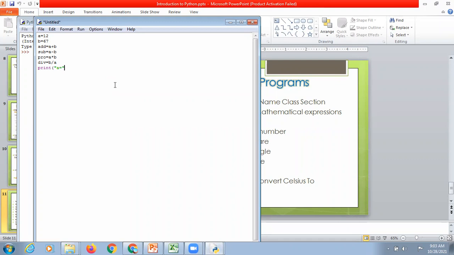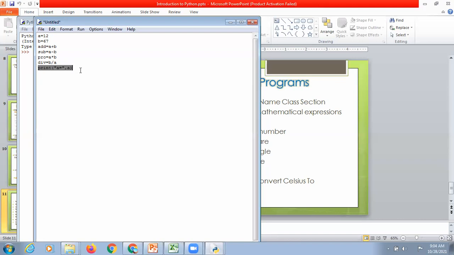And if you want to print the value of a variable, then you don't have to write it in double quotes, you have to write it directly. So I will put a comma and then write a. Here why I am writing a, because I want the value of a to be printed here. If I had to write a directly, that's why I have written a in double quotes first and then comma and then a. It means this a will not print a, it will print the value of a. Whatever the value is stored in a, it will get printed.